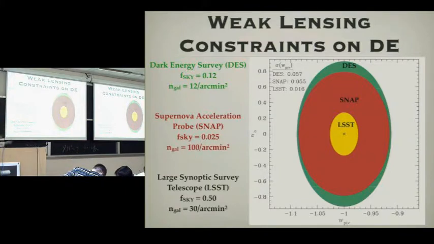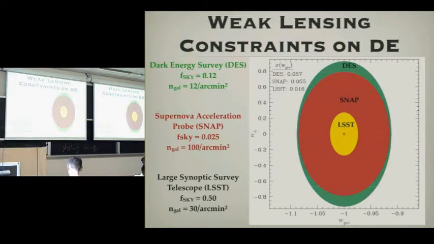So the point here is just that if you do any number of these projections, you have W pivot, you have WA. W pivot is the thing you're interested in, I think, because the basic question you want to ask is, can you rule out a model where W is -1 and constant, just always -1? And that just says that DES, SNAP, LSST, these things would constrain W to a few percent. Okay, I'm doing that kind of quickly. Gary already talked about that.